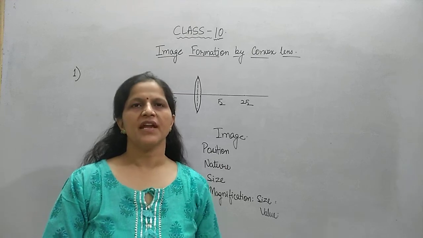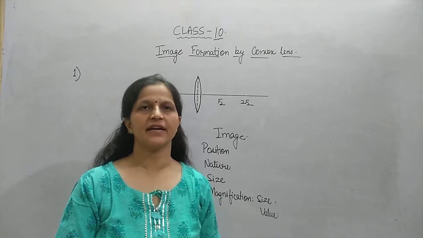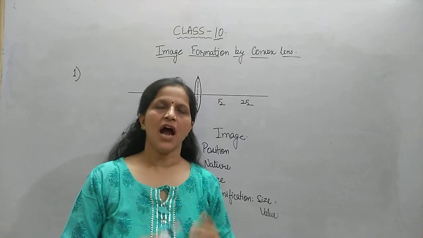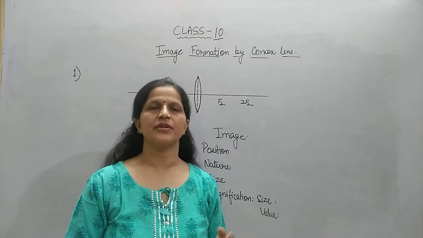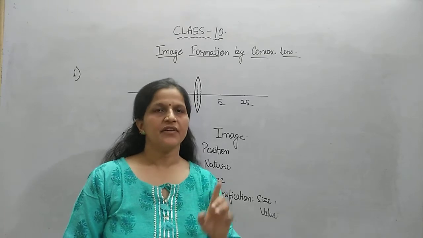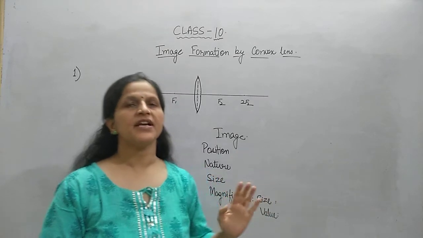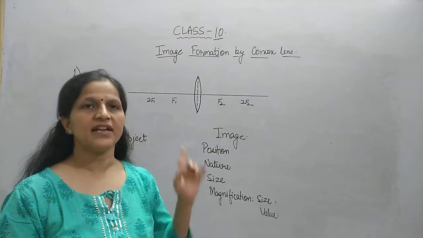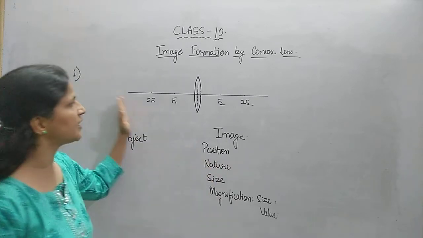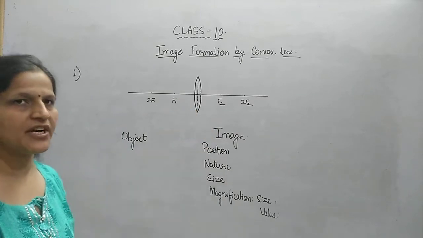Hello students, in the previous class we started with the rules of drawing ray diagrams using convex lens and concave lens. Today we will learn how different types of images are formed using convex lenses and concave lenses. So to begin with, as we had different cases in case of concave mirror, similarly we will be placing the object first at infinity with respect to a convex lens. Then we will keep on bringing it closer to the lens and see what type of images are formed in all these different cases.